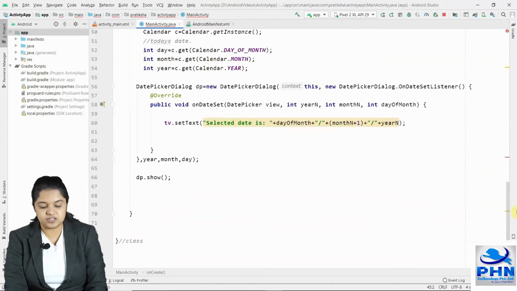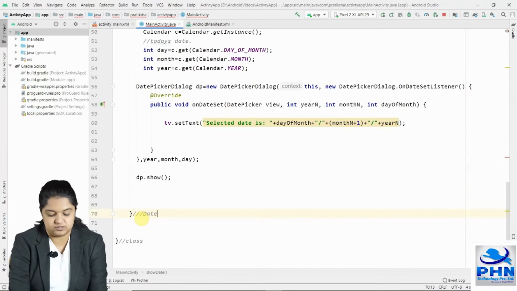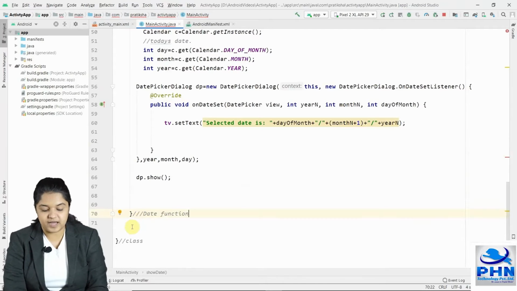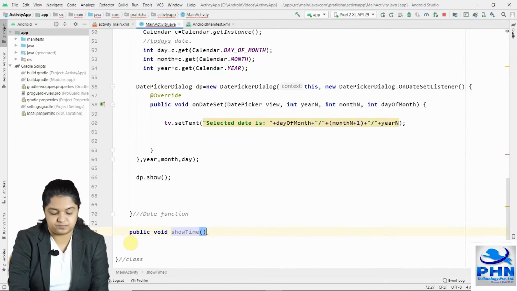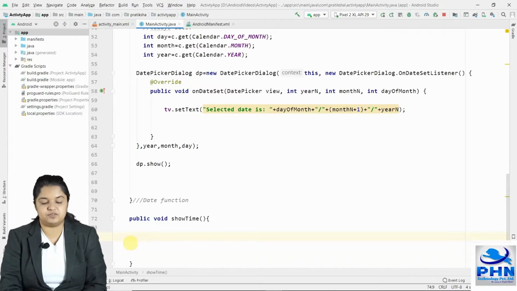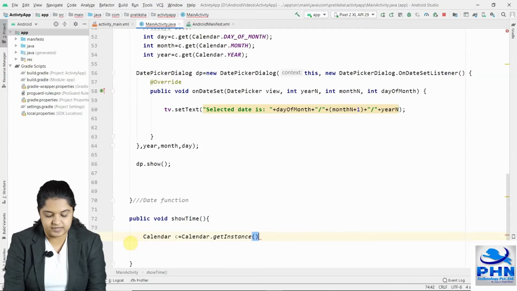So we will come outside the onCreate, outside the date picker function. This is the show date function. You have to be outside the show date function but inside the class, and here we will write public void show time. Now in this show time, we have to write the code for our current time. So how to write it? First of all, we will have to get the current time so that we can set the current time to our time picker. To get the current time, again we will use calendar, C equals to calendar dot get instance,